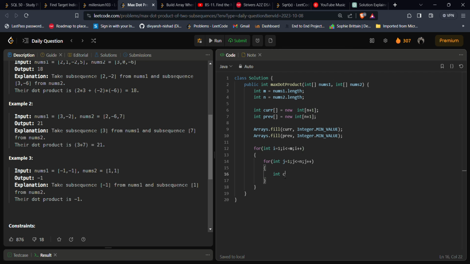Now here we will take a current product, and we are taking this because we want to check if there is a product which is possible, so that it will add some value to the final answer. Then we'll store in the current product: nums1 of i minus 1 into nums2 of j minus 1. And now what we will do is store the current